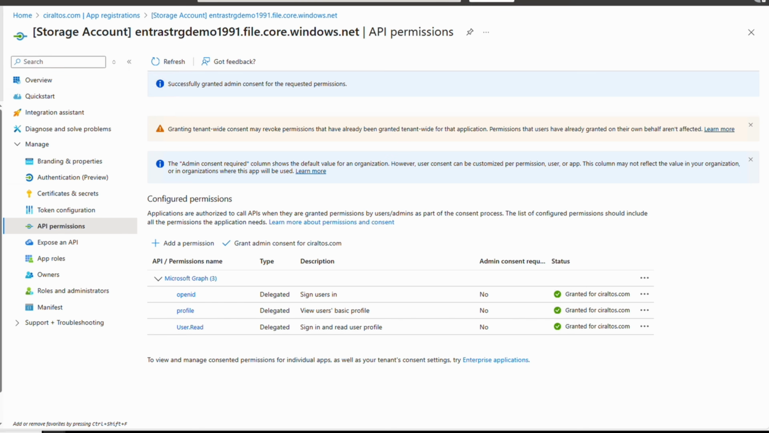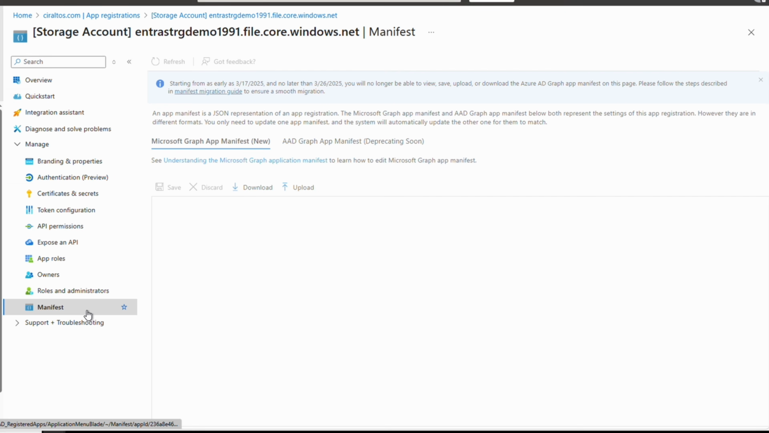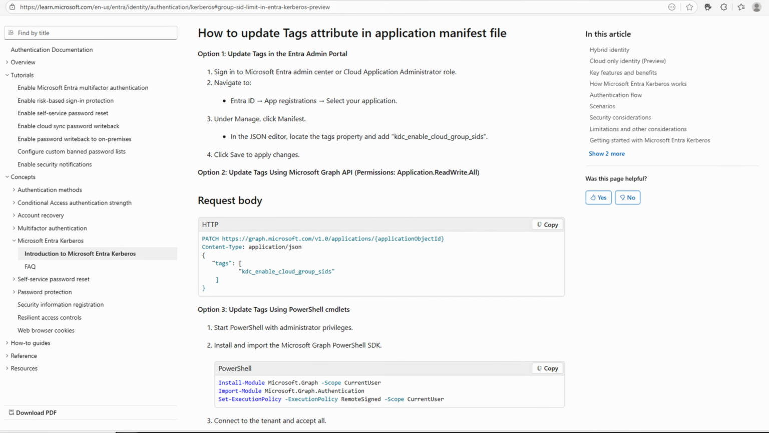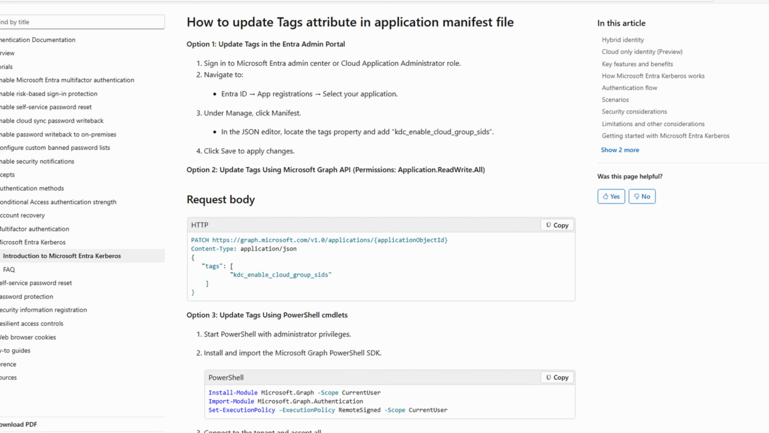Next, we have to update the tags attribute in the application manifest file on the app registration. That's a mouthful and it sounds complicated, but it's really pretty easy to do. From the app registration, the same app we just granted admin consent on, go to Manifest under Manage. We need to edit the JSON on this page. This is a step that I suspect will be automated once this feature is GA, but for now, we need